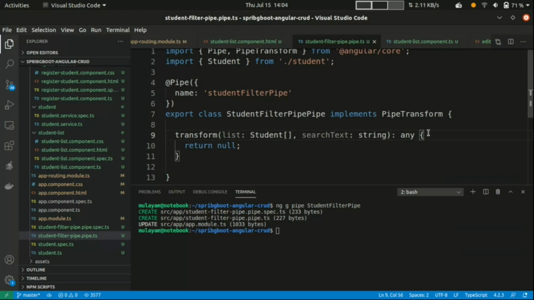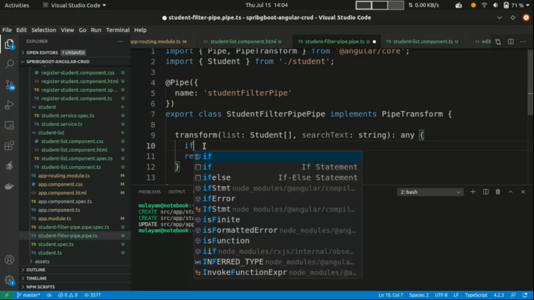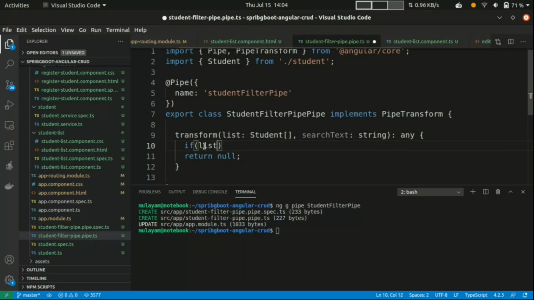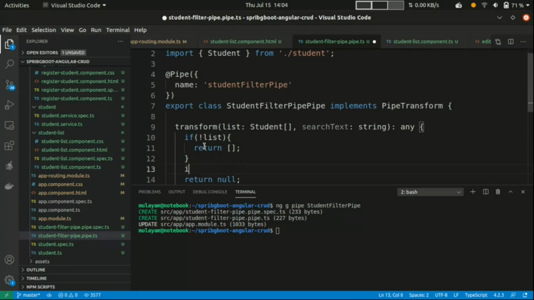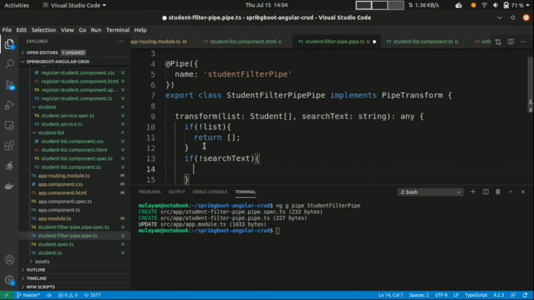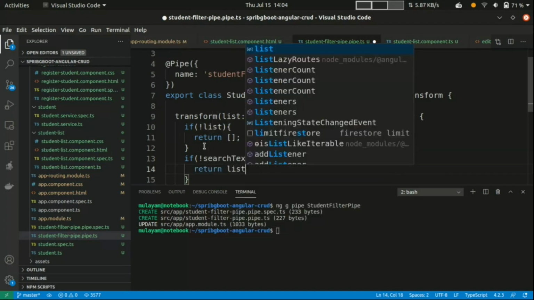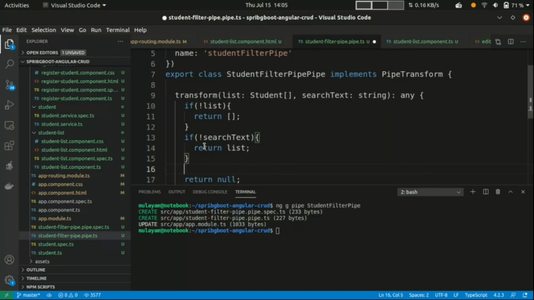I will show you how it will work. Let me write the logic to filter first. The first thing, if the list is not available, meaning there is no data in it, I want to return one empty array. Second case, if searchText is not available, then I want to return the complete list, return list.